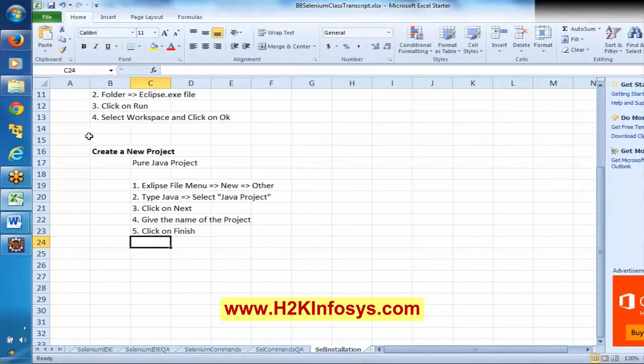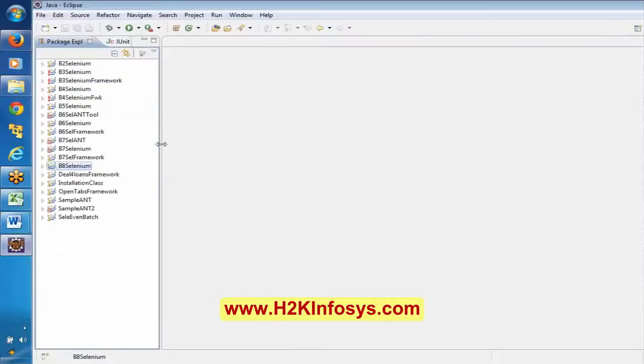So this is how to create a new project in Eclipse, and it is a pure Java project. This B8 Selenium project that we have created is a pure Java project. It means here you can write only Java programs.